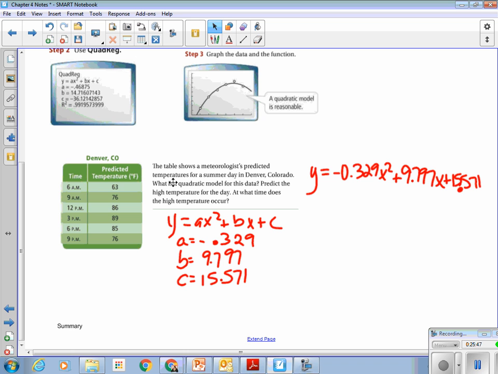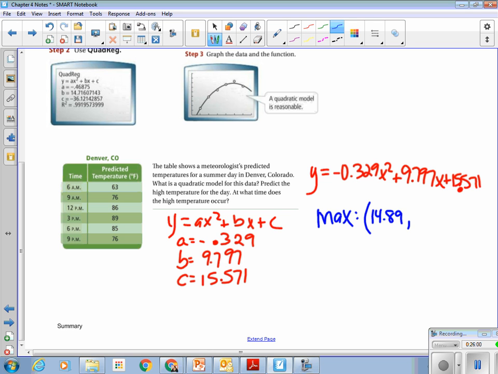So we go back to here. Predict the high temperature for the day. So we have a max at 14.89, 88.5. So the high temperature is going to be about 88.5 degrees Fahrenheit. And then the time is going to be 14.89